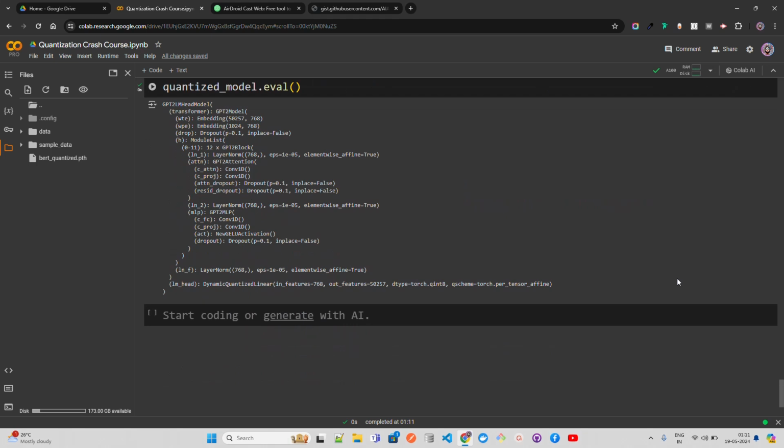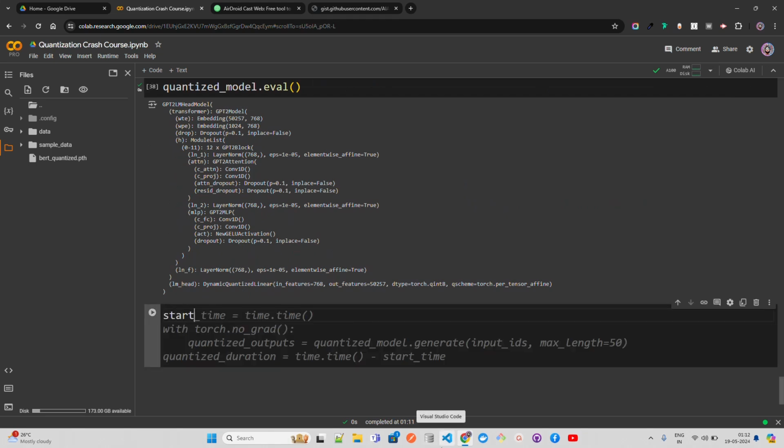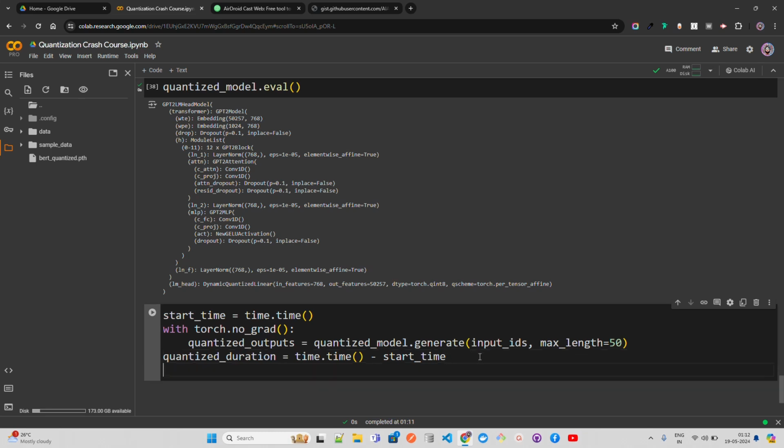Now after this you can measure the same thing over here. I'm going to do start time equals time.time, with torch.no_grad, quantized outputs equals quantized model.generate input IDs, max length, and then you can compute the quantized duration, time minus start.